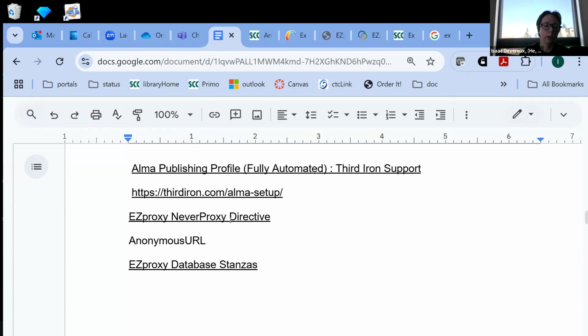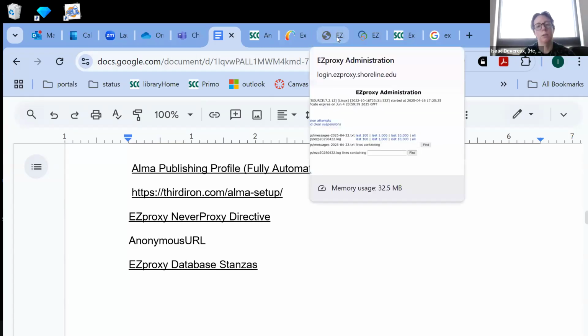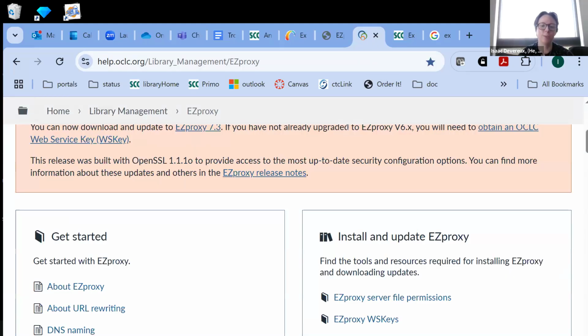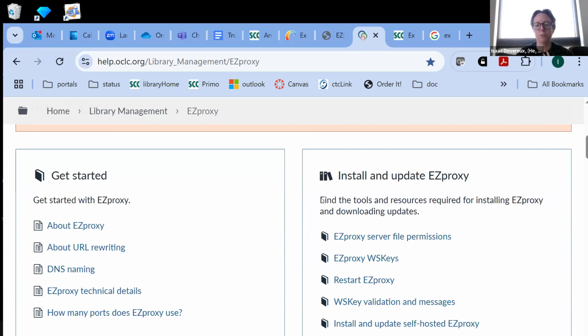You can look at the directive, and I love the administration pages for Easy Proxy, because they are not really super easy to understand, but